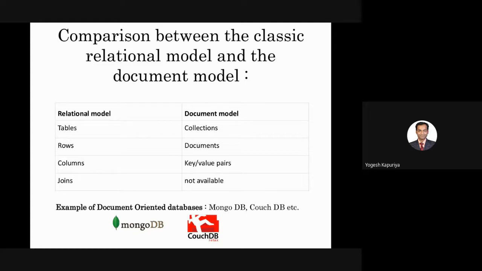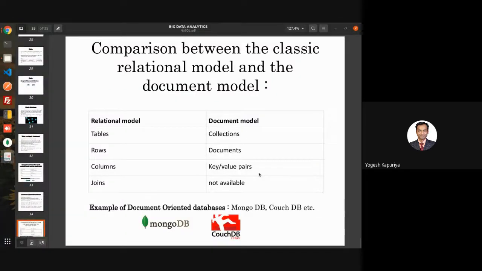So again, as I told you, these database technologies are under development. So they keep on adding features and everything. The latest version of Mongo, I think 4.2 or 4, also supports join up to some limit. So MongoDB, CouchDB, these are the document-oriented databases.